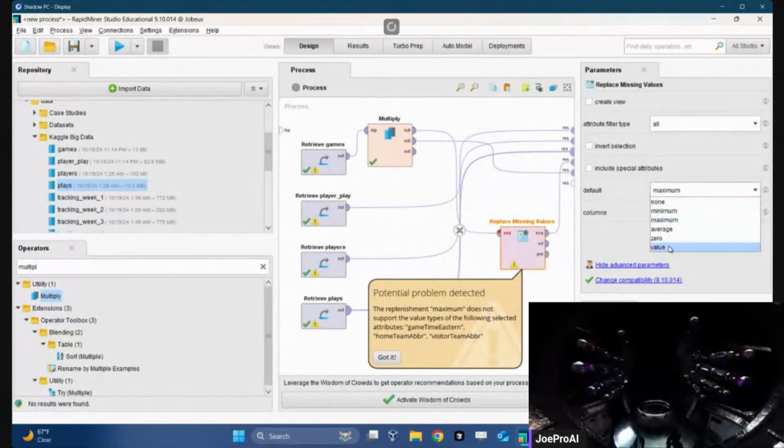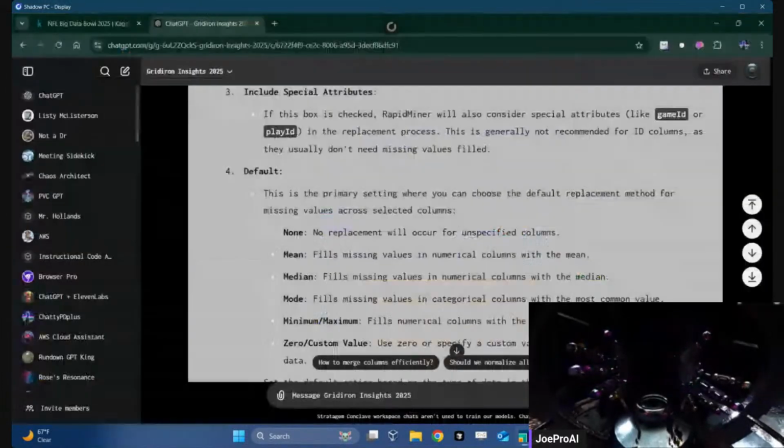Okay, I'm not sure if we're going to be able to. What other options?